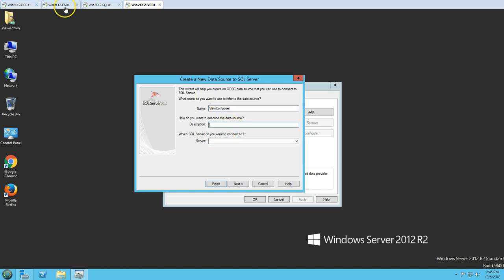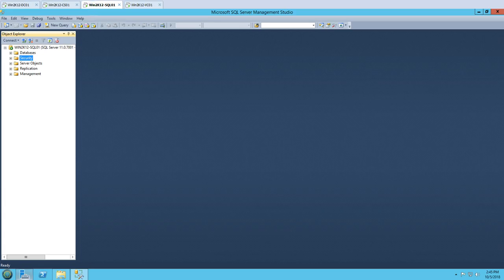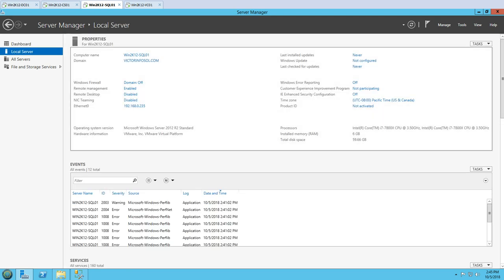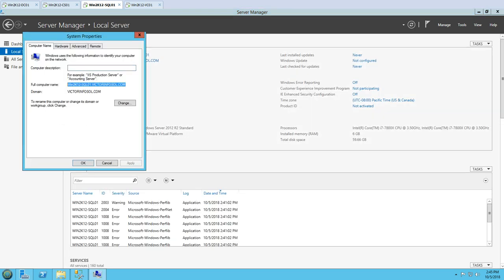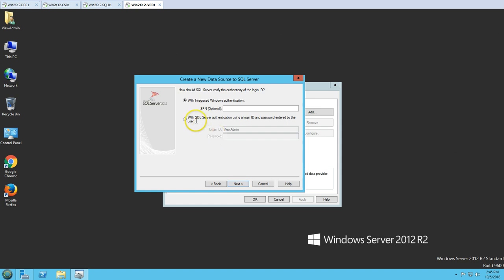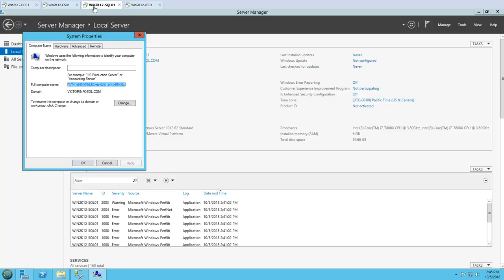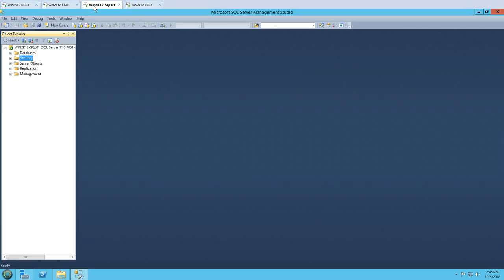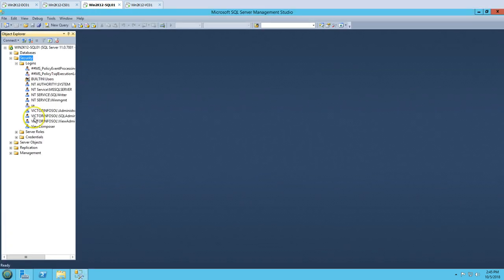description leave, and we need to type the SQL Server name. So I'm going to copy this full SQL Server name from here and paste it here, and then click next. And then what login do you want to use? I want to use here View Composer and password. This is the same account which we have created in SQL Authentication. So I'm using this account,